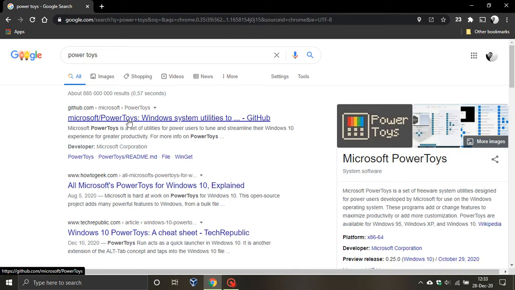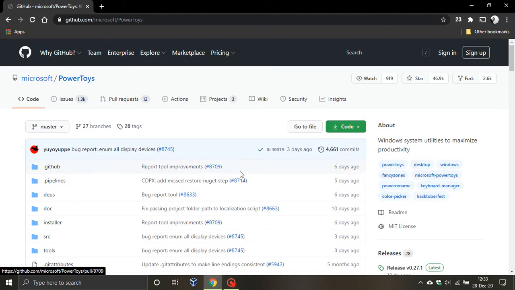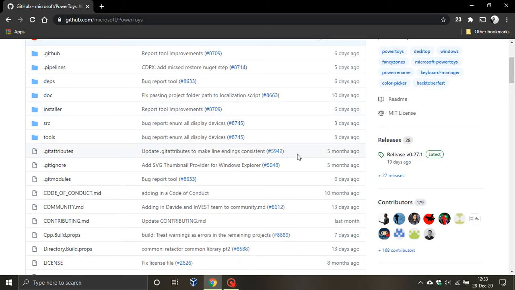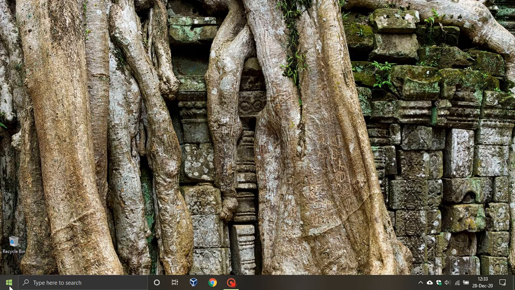And then you click on it, it goes to GitHub, and then you are in the PowerToys section and release, and you can download it. That's the stable version. I'm not going to do it now because I've installed PowerToys already, and then you just click on the download button of the latest release, download PowerToys, and then once PowerToys is installed,